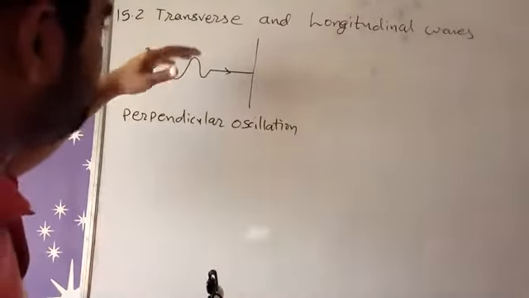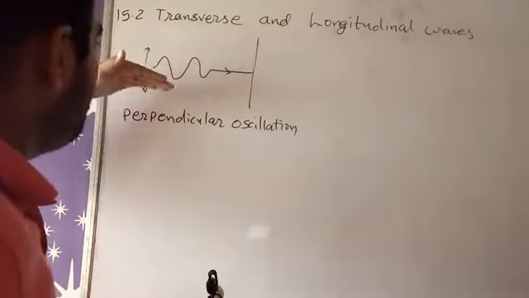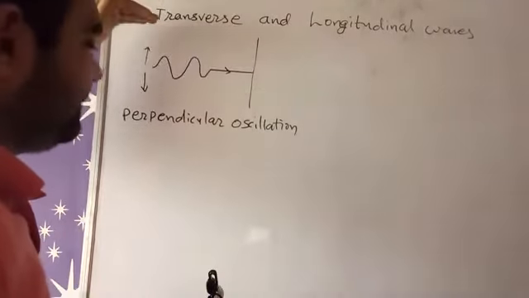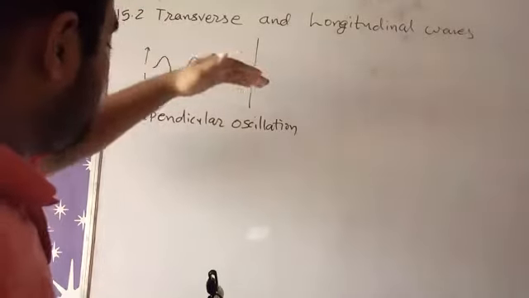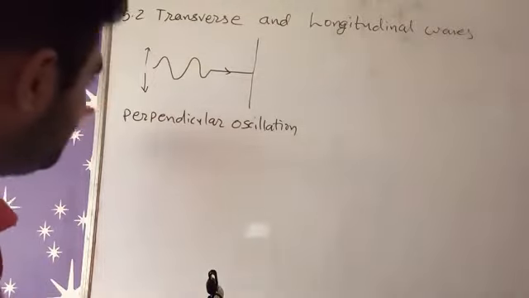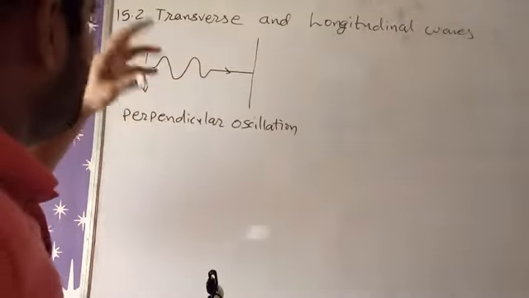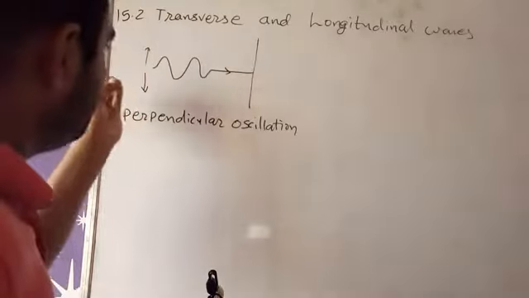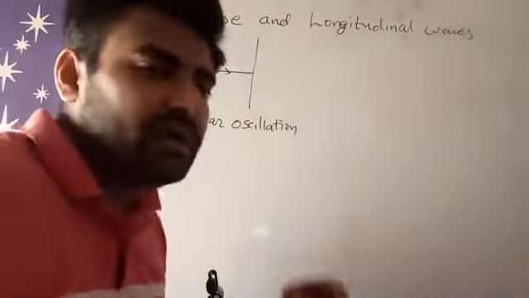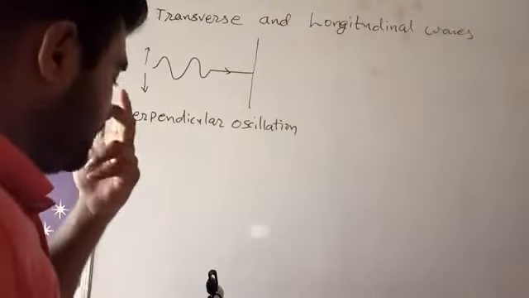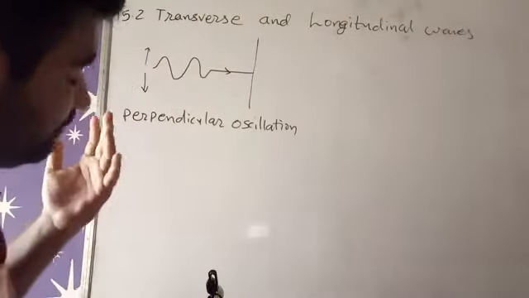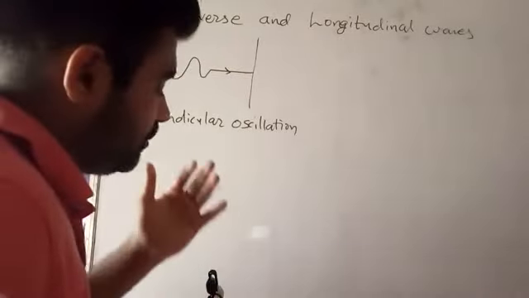How does a transverse wave form? When we give an upward force, the tension on that string is in the upward direction, in this direction. Again, when we move that string in the downward direction, the tension is in this direction. So that tension passes the motion on to its neighboring molecules of that string. So that is a transverse wave, and it is always perpendicular to the propagation of the wave.